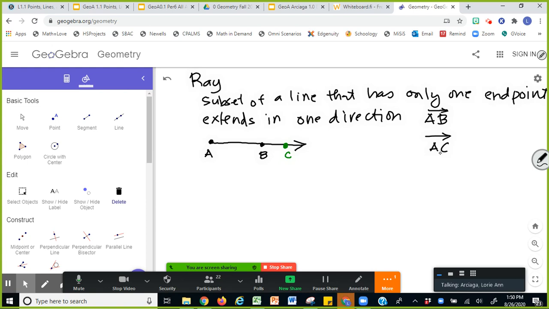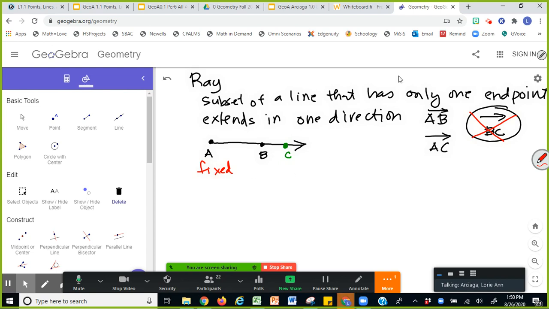So these are two different ways of naming the same ray. I cannot name it ray BC. This is wrong. Why? Because you changed the endpoint. So this endpoint here must be fixed.